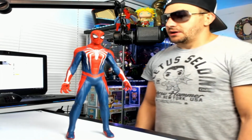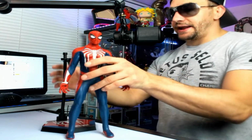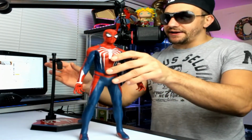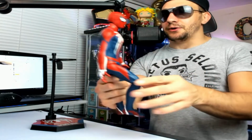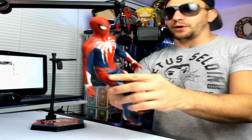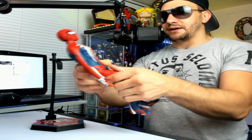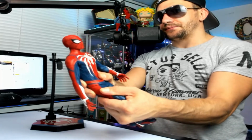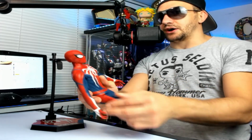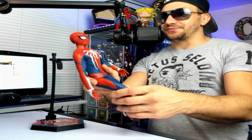Now, like I said, posing him, people are taking this dude and flinging him around and throwing him around and doing all this stuff with him. The only poses I've seen so far going with him, because if you lift his knee up, you get the creases here, which I don't want, and then look at that hip. You got to pull this hip back, this material back, because you don't want it to get stuck inside there. It's not like it's cloth material. This is his suit. So you can't really chance it